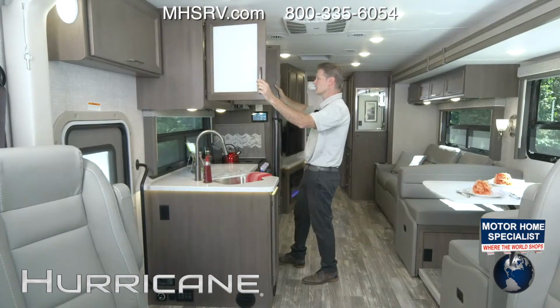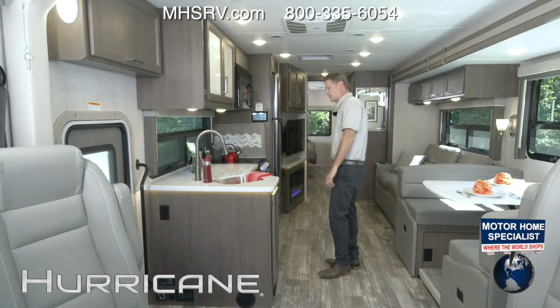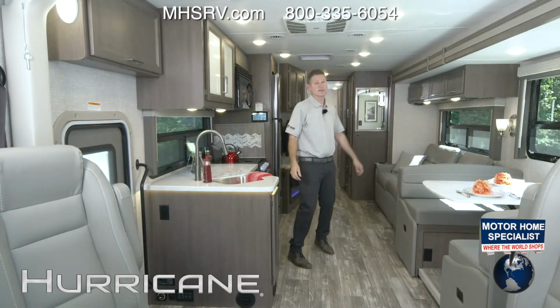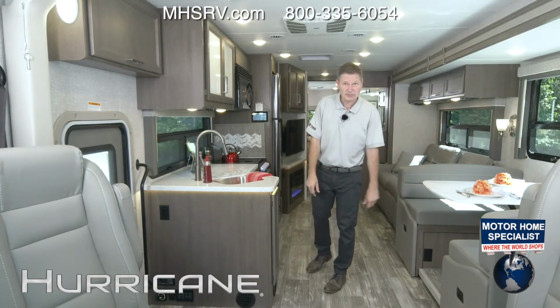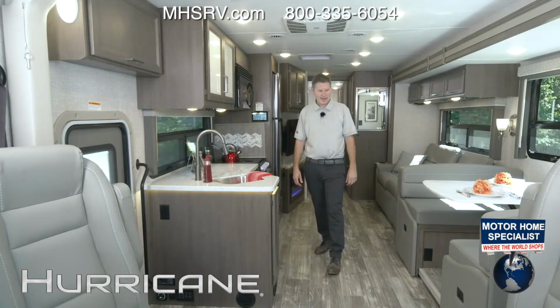Large cabinets up here. You can store whatever it is you need in here. And what's really nice is, at least where I am standing right now in this 34A, when you are just cooking up a storm, look at that, 2 roof ACs in here. You can go ahead and turn those on and keep you and your passengers nice and cool as you are traveling down the road. We'll go ahead and show you where that generator is and fire it up when we head outside. Working our way back,